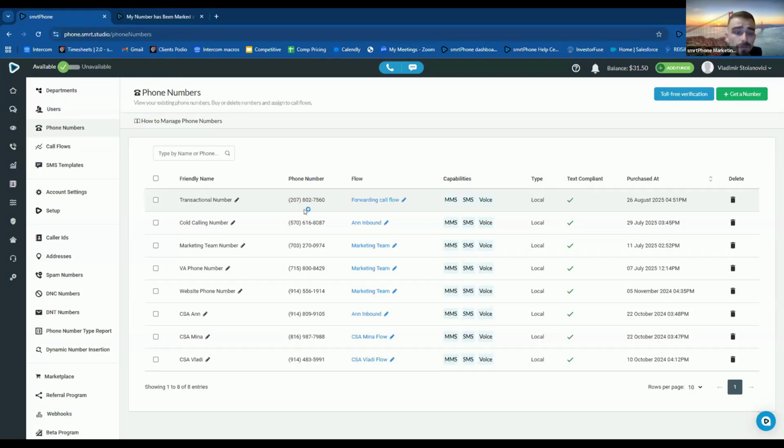This is what I had prepared for you. We're really open for questions. One more quick thing is that you can have as many phone numbers as you want with smartphone, and we also offer volume-based discounts. And having a larger batch of cold calling numbers, just as a tip, can ensure that even those won't be flagged as spam, because once you use more, the volumes go down on a caller ID basis, and this minimizes the chances of having them flagged as spam, which ultimately reduces costs as well.